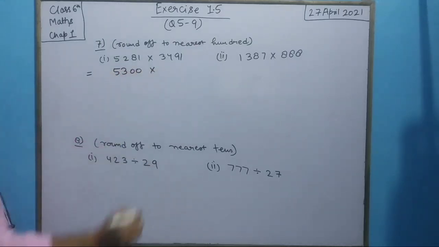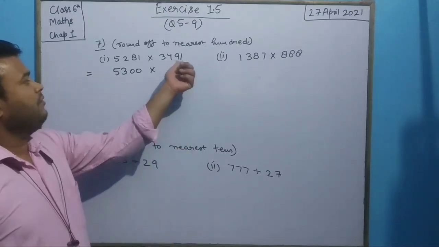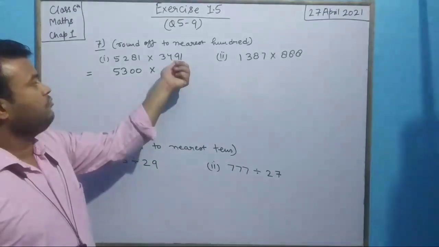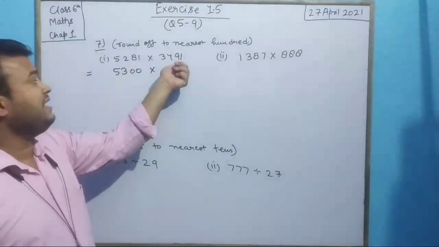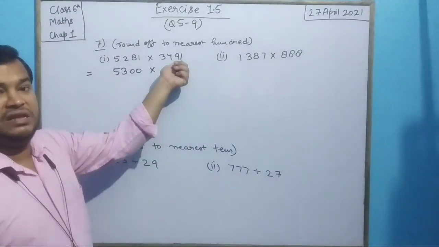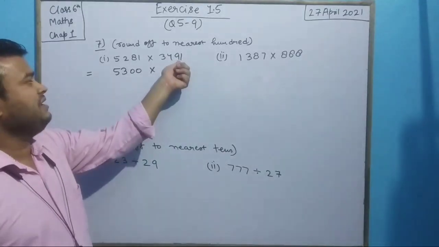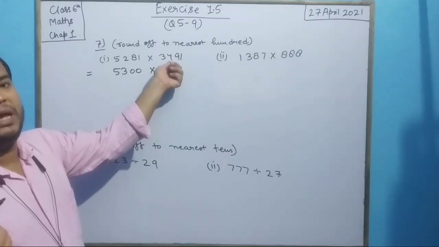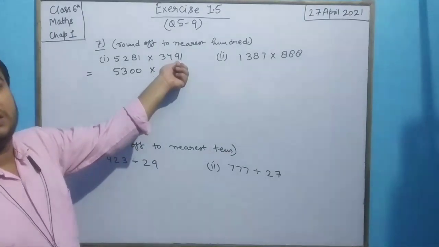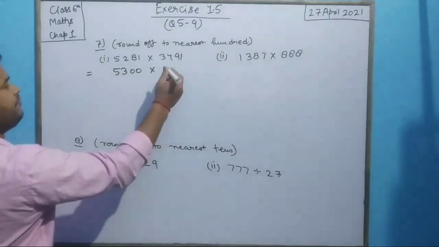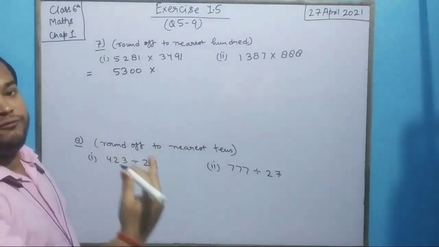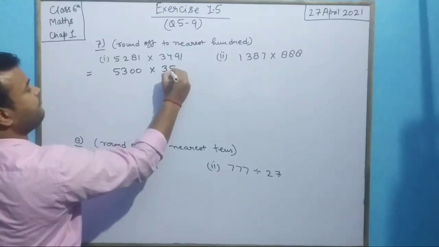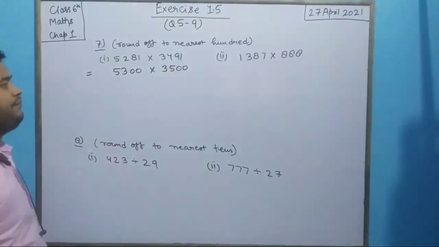Now again here: ones, tens, hundreds. We have to round off to the hundreds place, so we have to take one place less than that, that is the tens place. It is greater than 5. So just replace 9 and 1 by 00, and 4 we have to increase by one because 9 is greater than 5. Or if it is equal to 5, then also we have to increase. So it will be 500.